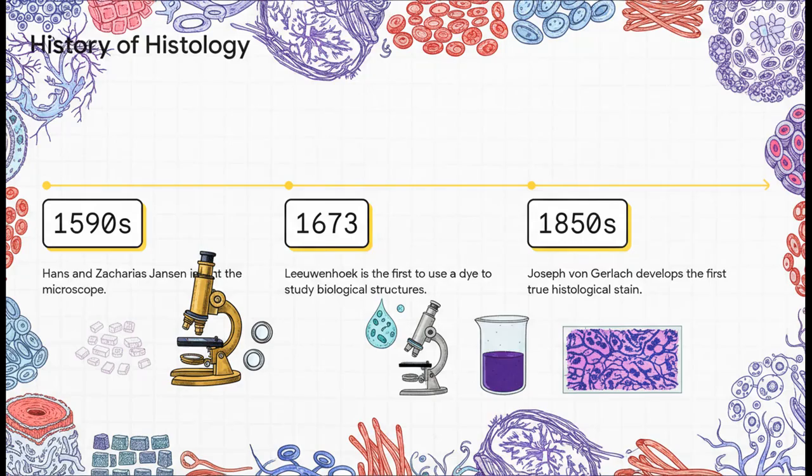And what's wild is just how recently we've even been able to see this microscopic world. The study of tissues, which we call histology, is really quite young. I mean, we needed the microscope just to get a peek, but the real breakthrough, the moment things got clear, wasn't until the 1850s, and it came from a happy accident when a scientist named Joseph von Gerlach forgot about a piece of brain tissue soaking in some dye, and in doing so became the first person to truly see the beautiful, intricate web of our cellular networks.